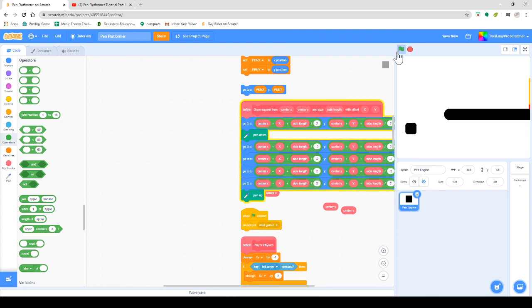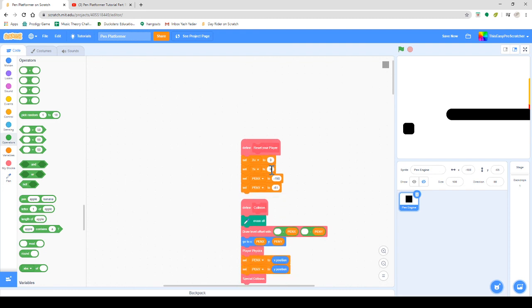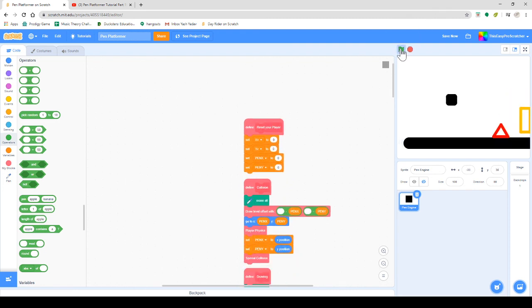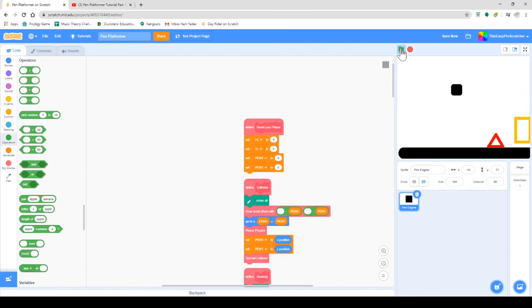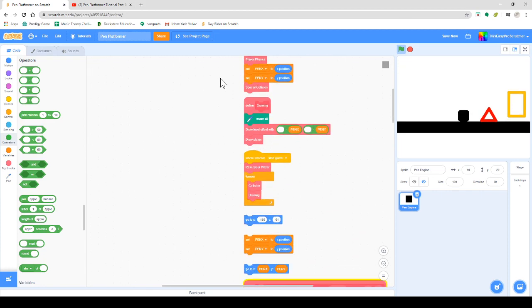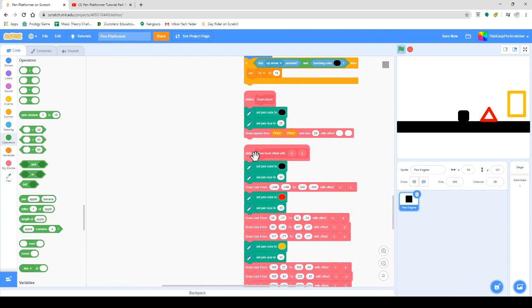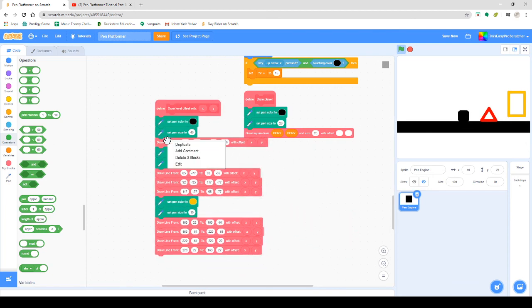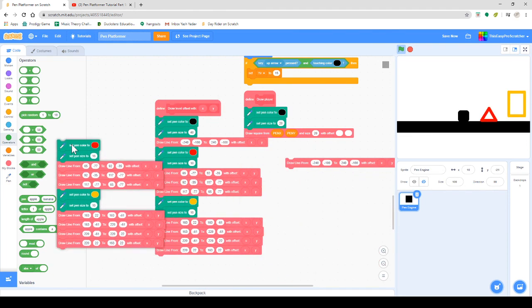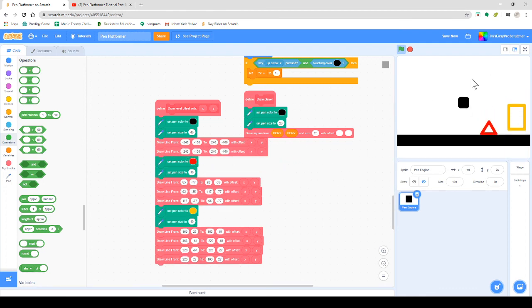So, it's starting randomly, so I have to start from 0. Let's go to 0, 0. Now if we try it, yeah, we have our platform. So now I'm gonna add one more line, and then we will draw our line. Let's delete all of this. Draw our line from,